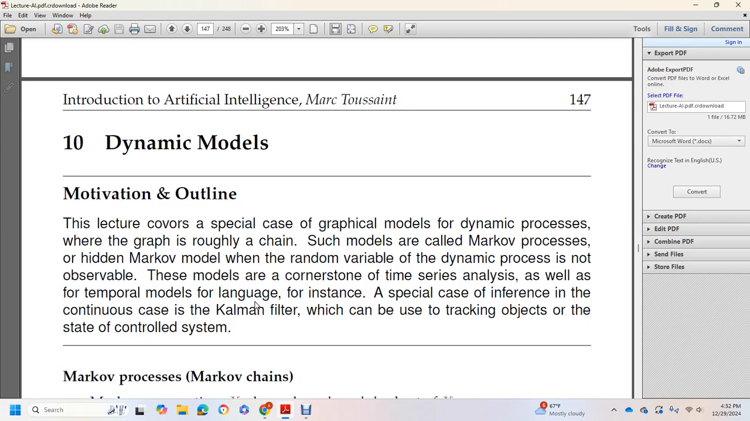The lecture covers the special graphical model with the dynamic part, roughly a chain: the Markov process and the hidden Markov model. When random variables form a dynamic process that is not observable, these models are the cornerstone of time series analysis as well as temporal models, for instance of language. A special case is inference for continuous states, the case of the Kalman filter, which can be used for tracking objects and for the state of controlled